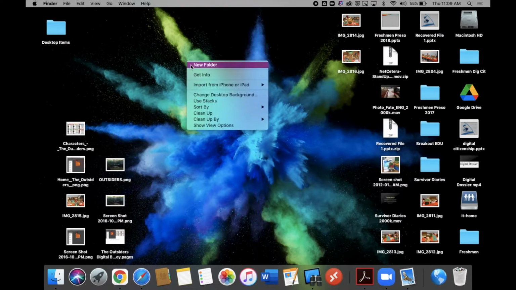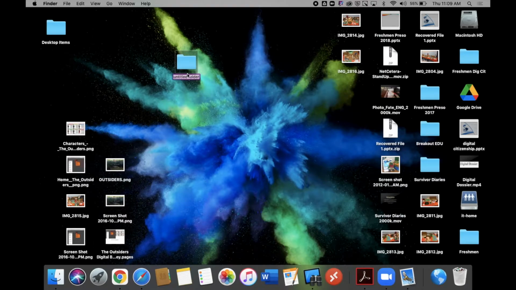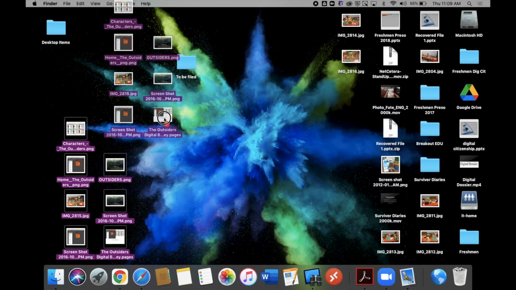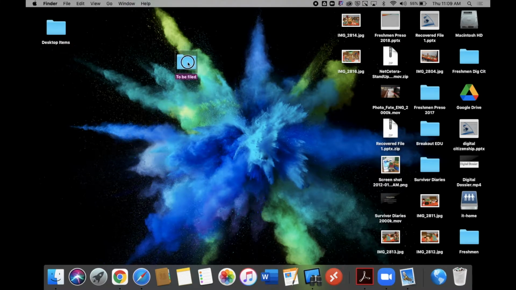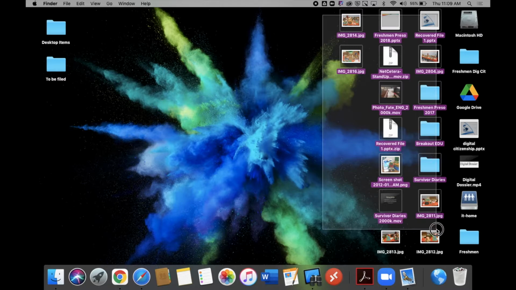If you're like me, I save documents, downloads, everything to the desktop so I can find them easily and then deal with them later. So that way of making a folder was a 2-finger tap on the trackpad to create a new folder. So you've got 2 different ways. So I do suggest organizing your items into folders and then taking the next step and making sure all of